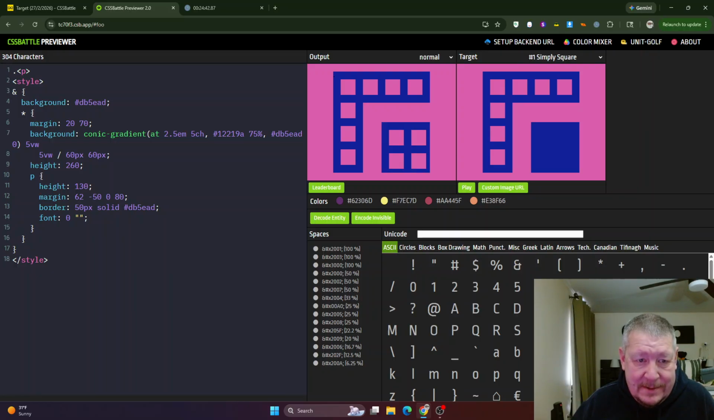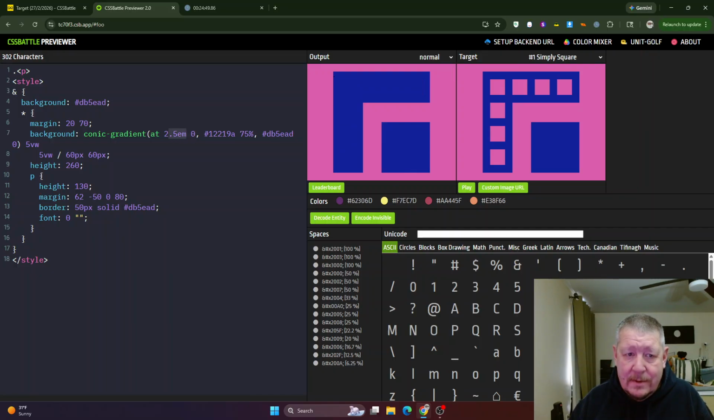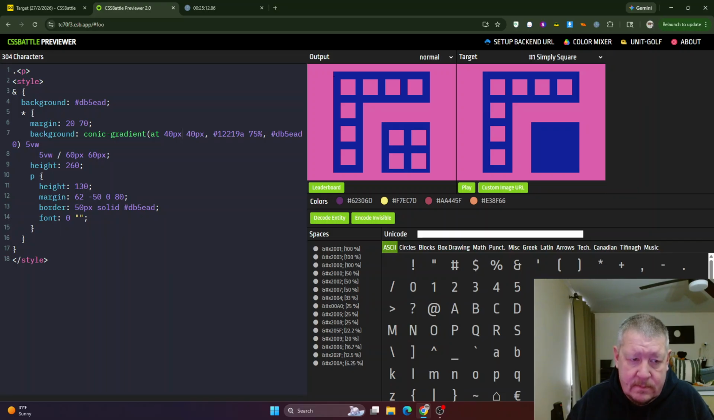Font 0. This is 2.5 em. That's 5 ch, but as long as they both go to 0, that should be fine. If I go 0, 0, then I get a solid here. I don't know why I'm getting that. All right, let's put this back. What was this? 40 pixels? And I get nothing. Let's go 40 pixels. And I get those things. Now if I go 2.5 em,